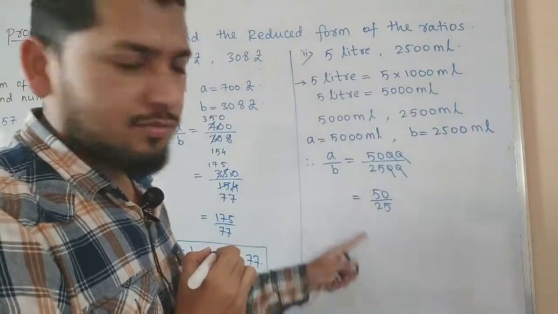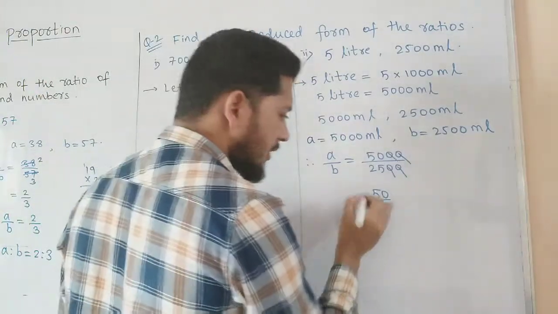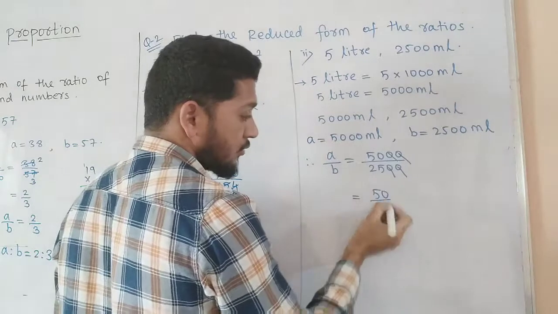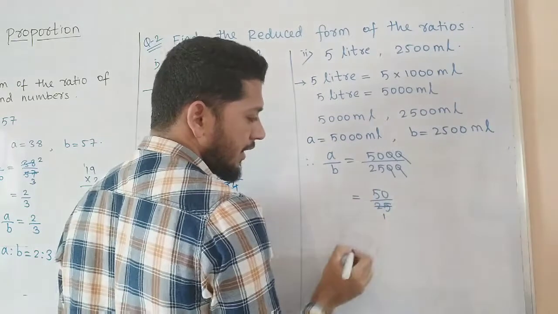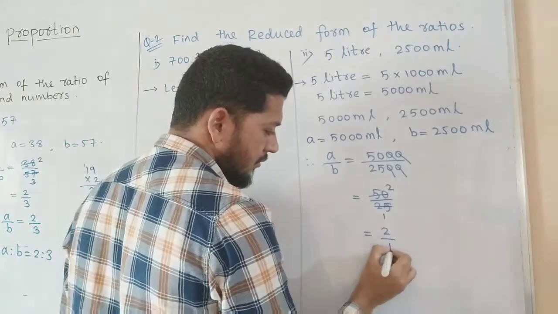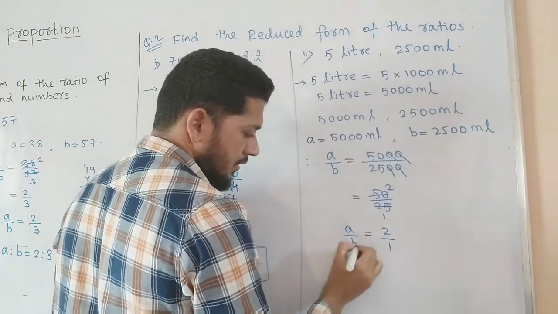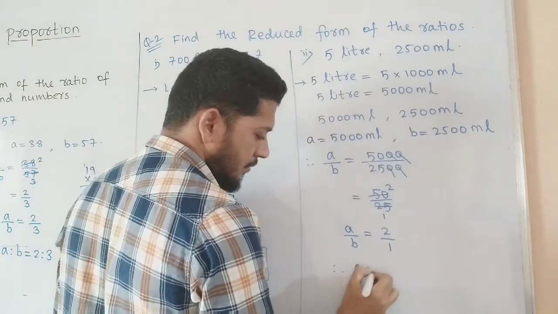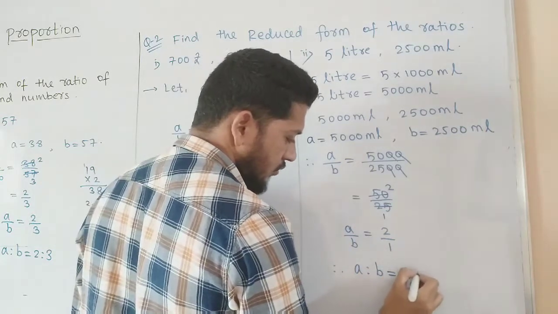After that this 25 and 50 both come in the 5 table, same table में आता है. तो 25 से डिवाइड हो सकता है. 25 1 25, 25 2 जा 50. So what will it give you? 2 upon 1. Okay. Therefore A is to B is 2 is to 1.